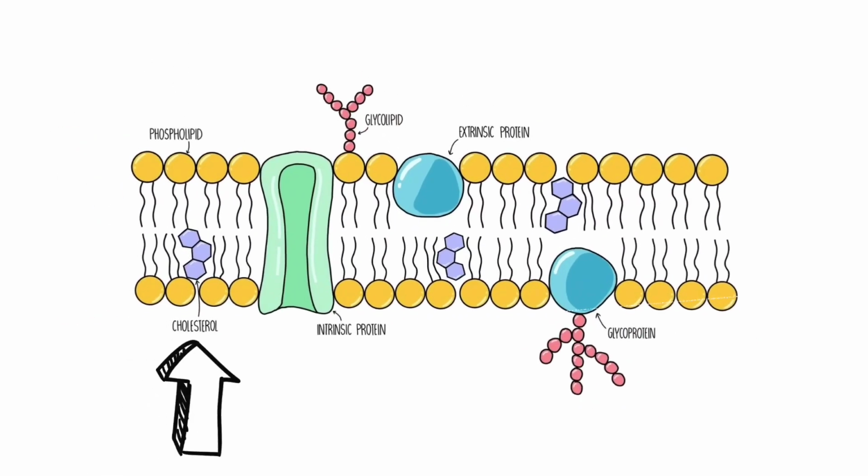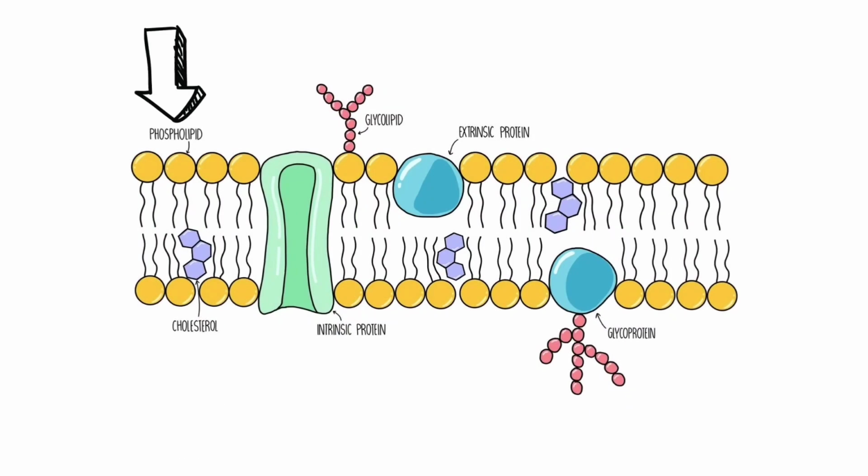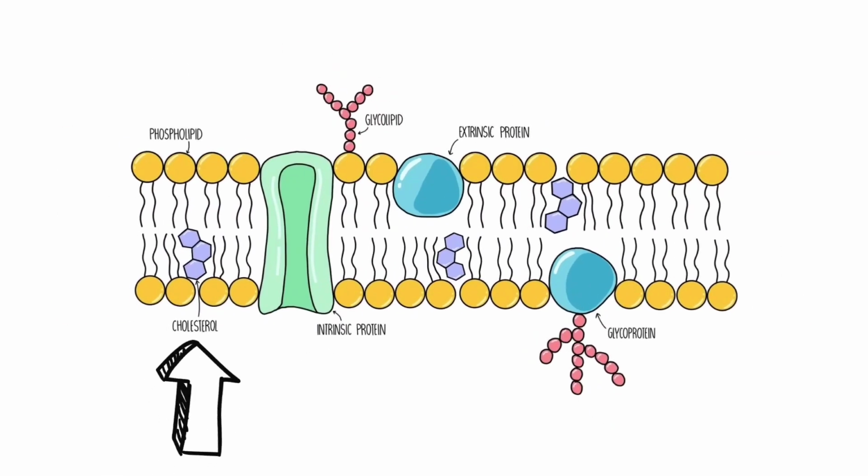The second component of membrane lipid is cholesterol. Cholesterol is a relatively small molecule, like phospholipids. Cholesterol molecules have hydrophilic heads and hydrophobic tails, so they fit neatly between the phospholipid molecules with their heads at